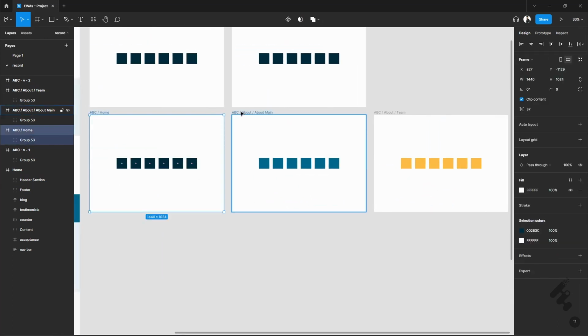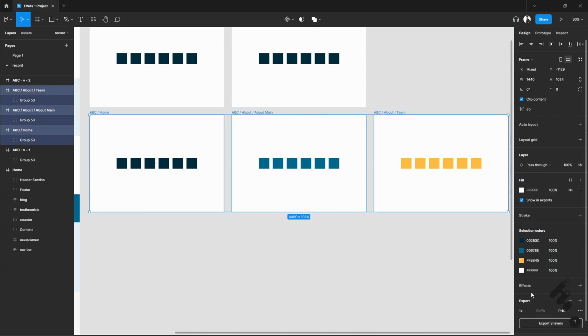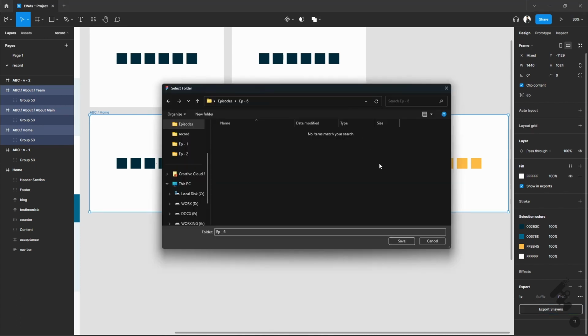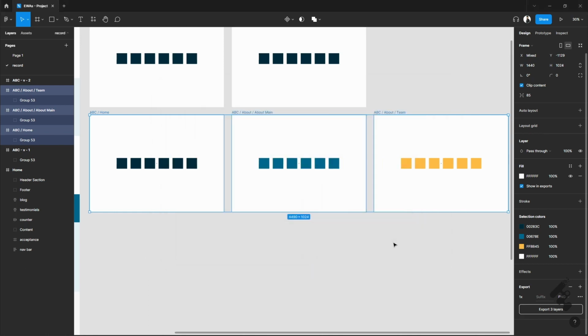Okay, now I'll select all of these pages and export this. And here I'll save my file,